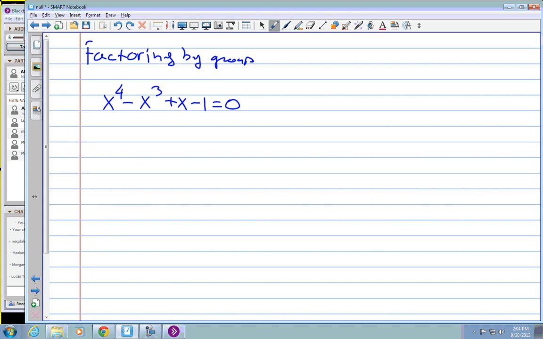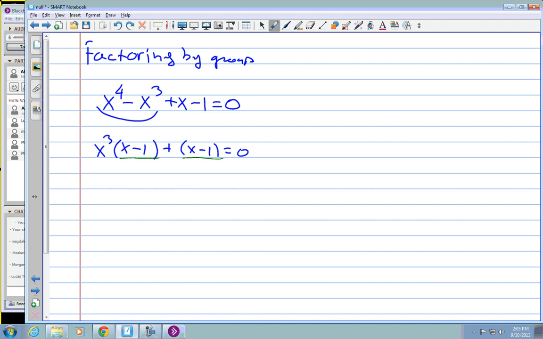So factor by grouping. How do we factor by grouping? First two terms, what can you take out? X cubed. What does that leave you with? X minus 1. In order for this to work, you need another x minus 1. Do you have another x minus 1? Yes. So I can put parentheses around x minus 1 if you want. But the big message here is that x minus 1